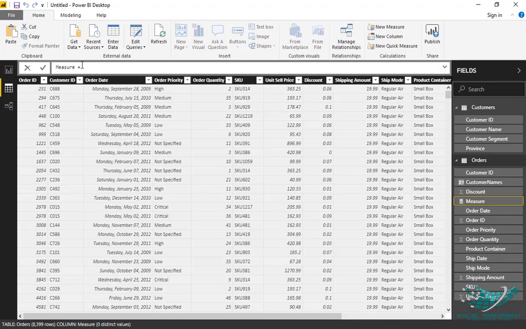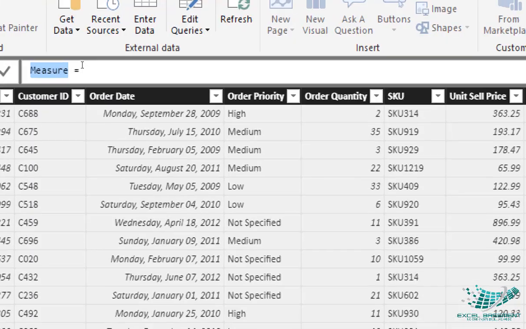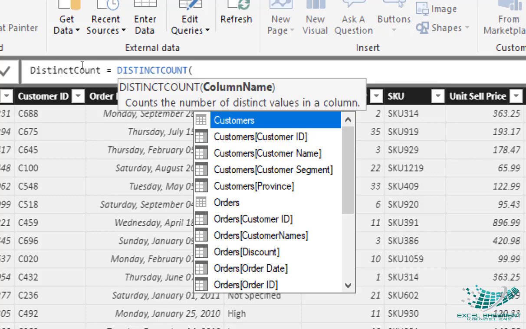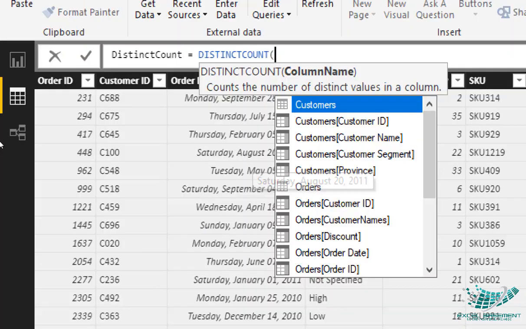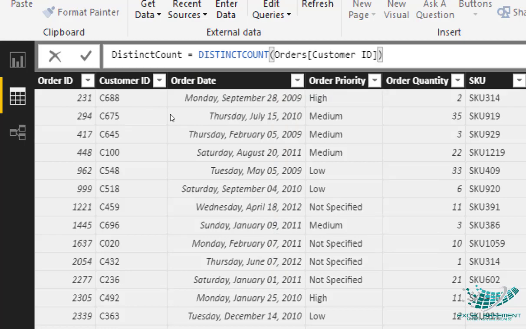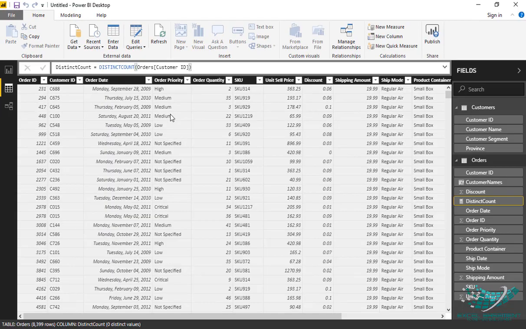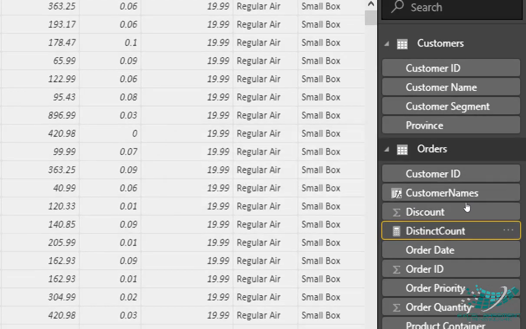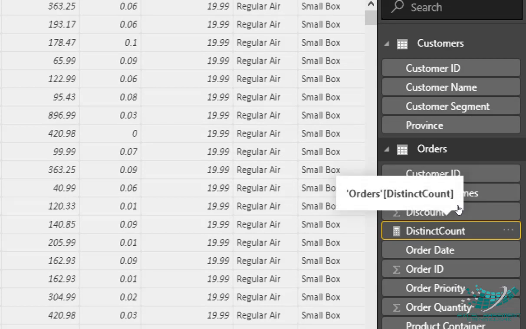The new measure name would be Distinct Count, equals DISTINCTCOUNT, and in the orders table we want the distinct count of customer ID, bracket close. The measure is created, and now you can see in the orders table you have a measure called Distinct Count, which has an icon of a kind of calculator.